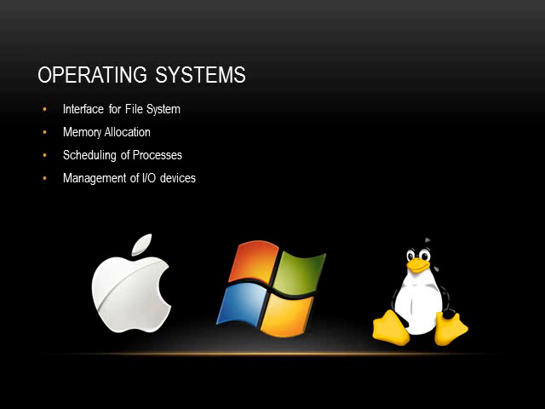So as I discussed in the previous slide, I went over the different operating systems. There's quite a few. What I want to focus on in this presentation is the similarities between the operating systems. In the bullets I have right here, all of them are similar except for the interface to the file system. It's different between Windows and Unix-based systems. As you know, every time you boot up a computer, the first process that is run is the operating system. And yes, the operating system is a process.